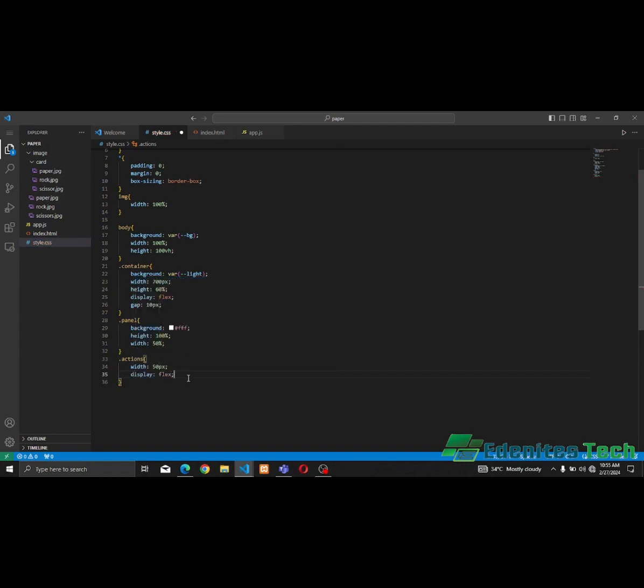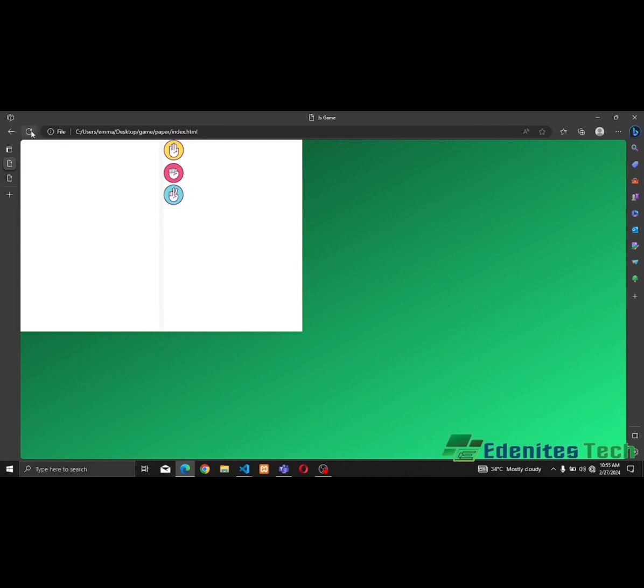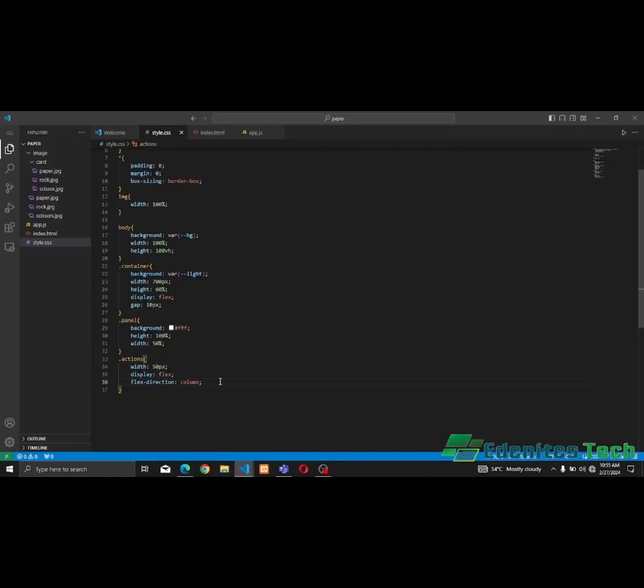So another thing, I want this to become a flex box. Display flex, but I want it to be in columns, rather sorry, in rows. So flex direction will make it columns. So everything still looks fine, we just need to, I want to add a gap. So let's make this gap 5 pixels. Let's also add a padding of 5 pixels,